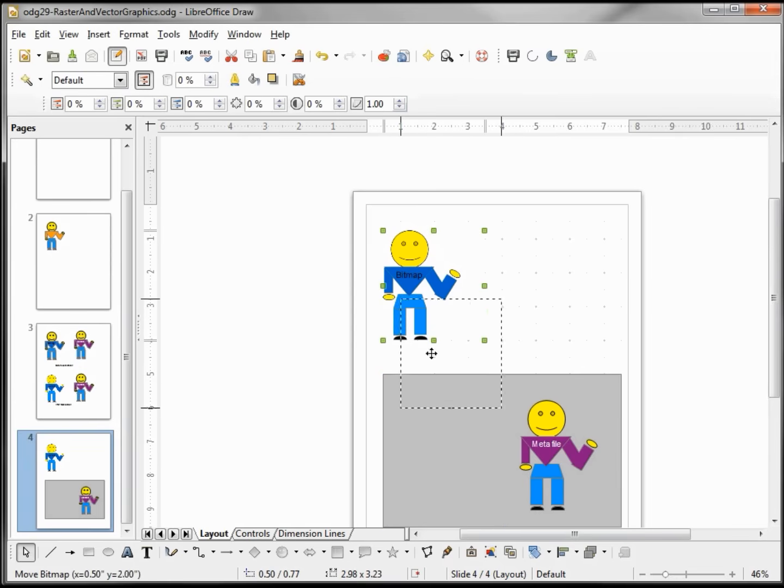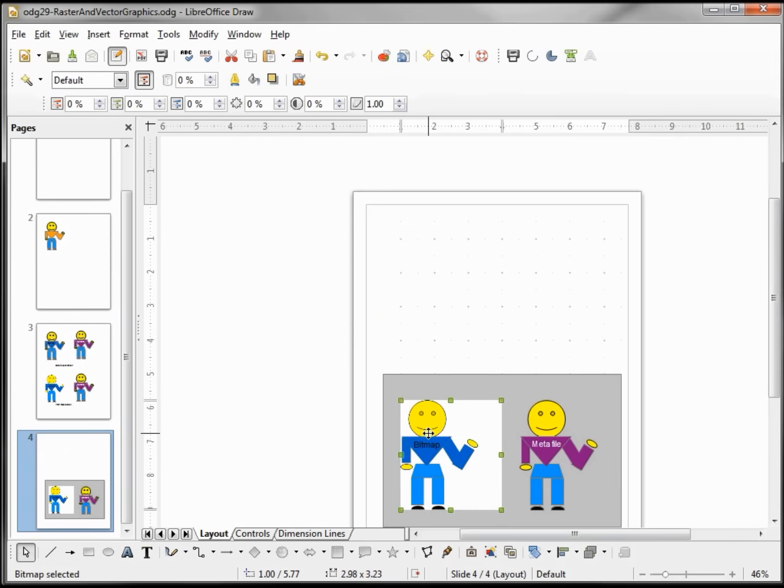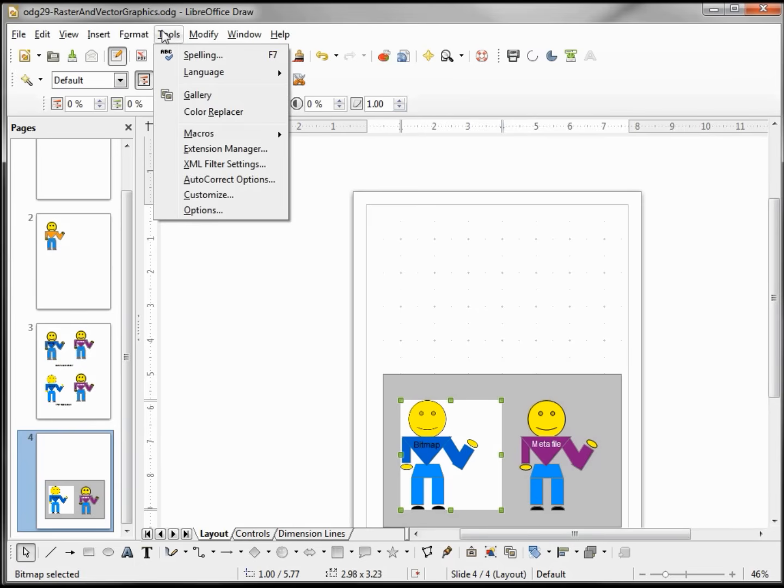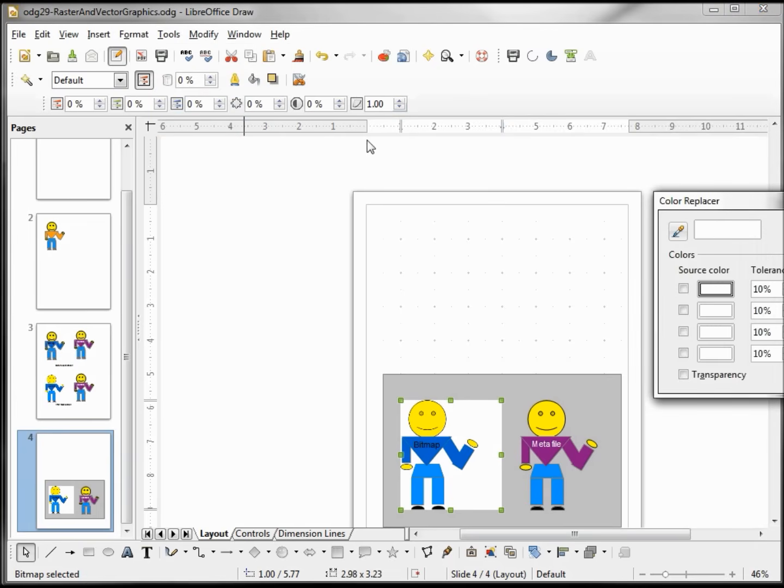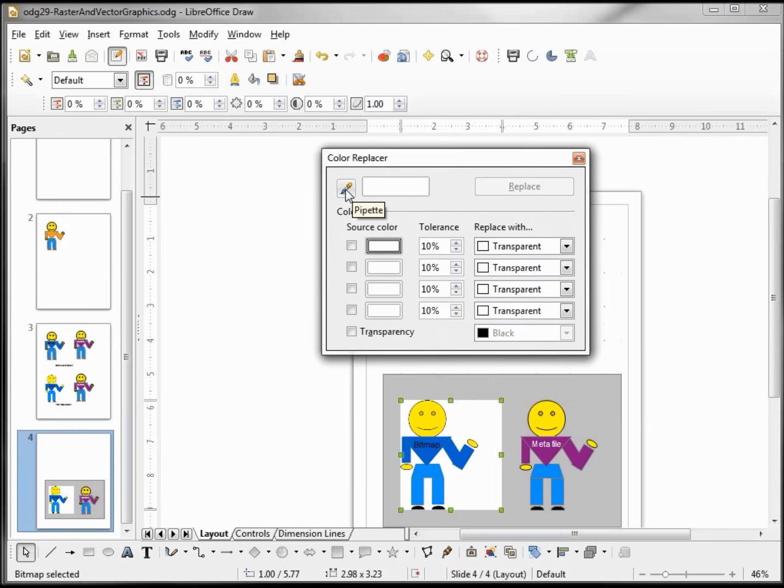And when we move our bitmap, he seems to have a white background around him. As long as we've got a white background, that works great. But if we move it onto some other color, like a gray background, we seem to have a problem. To change this, I'm going into Tools, Color Replacer, and I'm going to use my eyedropper to select a color, even though I know it's already going to be white. When I move my arrow down, it turns into a hand. Notice when I put it over the yellow, the blue, right now I'm on the black, there's the blue. So I pick the color that I want to replace, and I'm choosing the white.